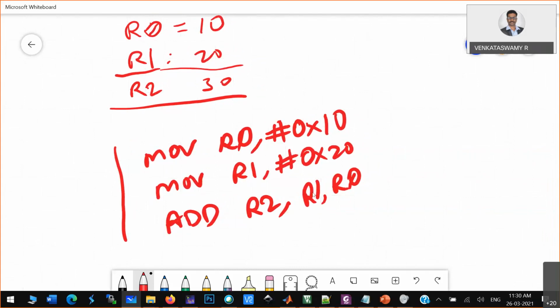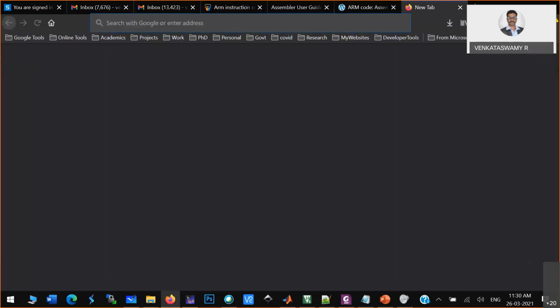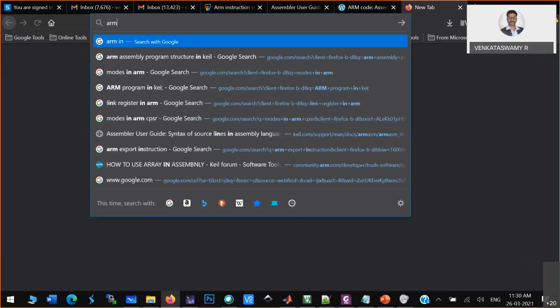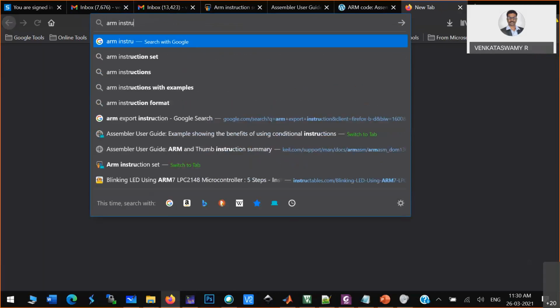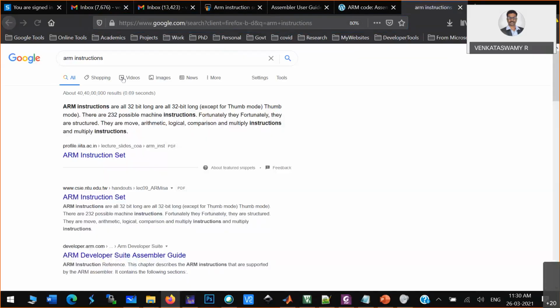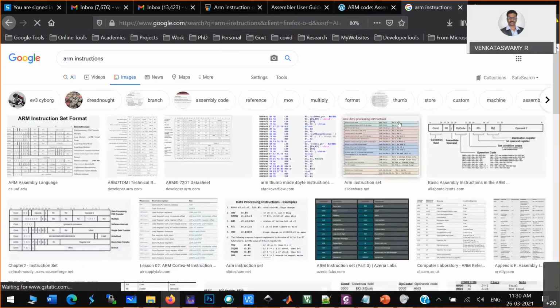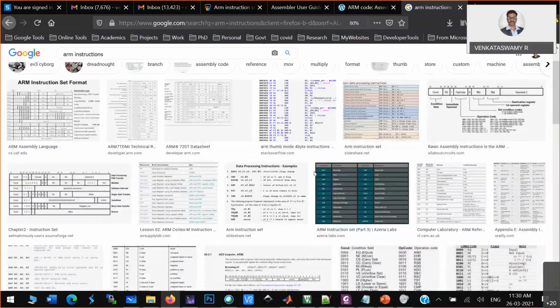Now what immediately you have to see? You have to search for ARM instructions and see what instructions are available in ARM. You just have to have a look at this particular table.